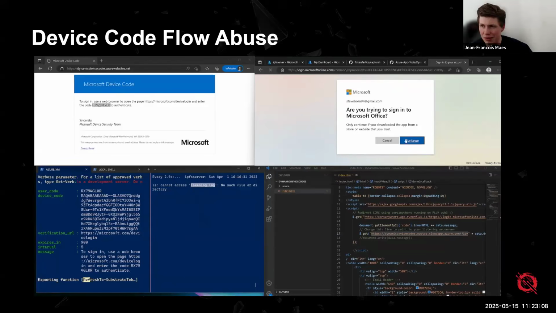And eventually, I can guarantee you, if you get a pop-up on your phone and you say no, it pops up again, you say no, it pops up again, you say no. After about 5 times, maybe 10 times, you're going to give up and you're eventually going to say yes. So super straightforward way of bypassing multi-factor authentication that way as well.